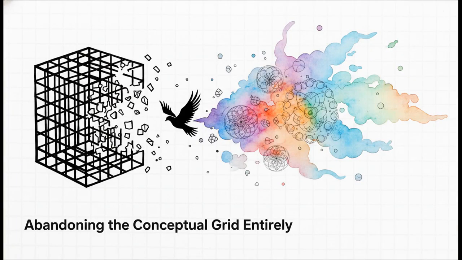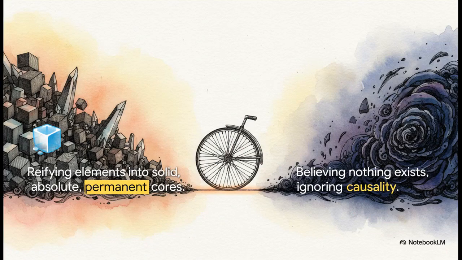Now, we have to be incredibly careful here to prevent our minds from turning this beautiful concept of emptiness into a new dogmatic religion. We cannot just trade an iron chain of inherent existence for a golden chain of emptiness. So step 7 demands we apply the generalized tetralemma to affirm that these elements are completely free from any categorical label for whatever this happens to be. They are not this, they are not non-this, not both, and not neither. We are abandoning the conceptual grid entirely. Which brings us to step 9, the middle way itself.